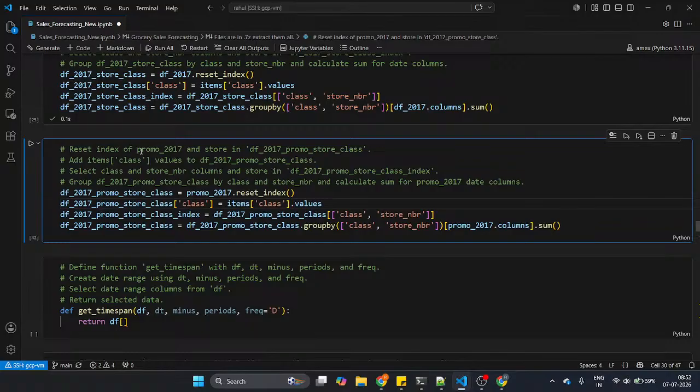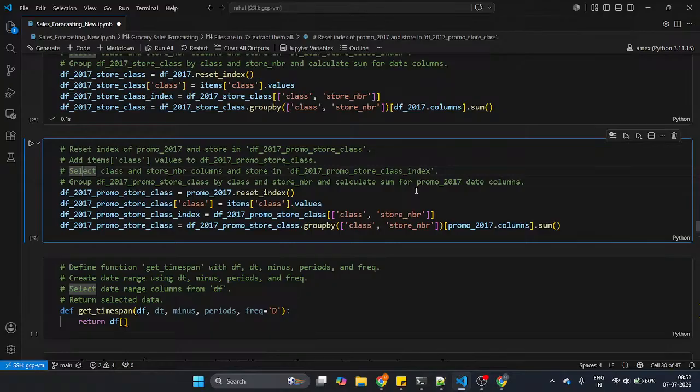So reset the index of promo 2017 and store second year 2017 so basically you can follow my live coding series and last values cover this DF 2017 he is asking that he is so you just documentation or some and score number for this TF 2017 add my promo you can store class try to cover reset index 2017